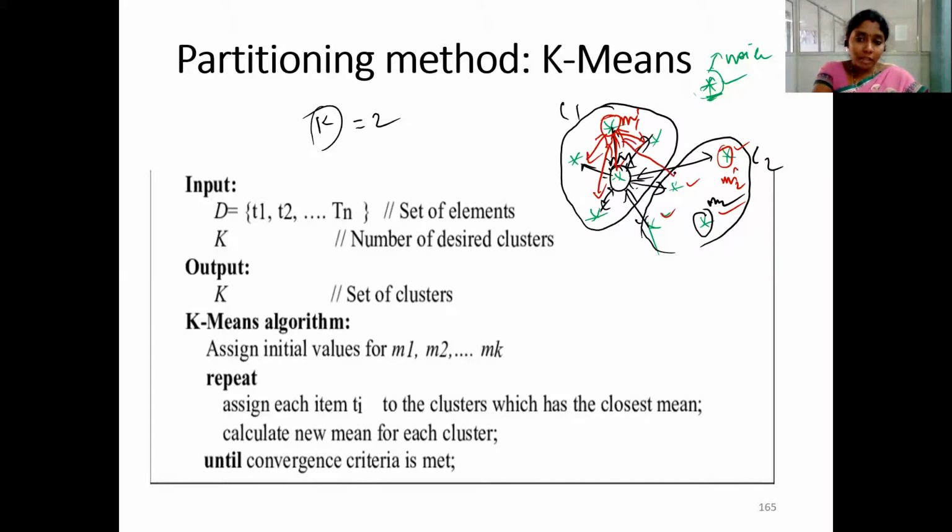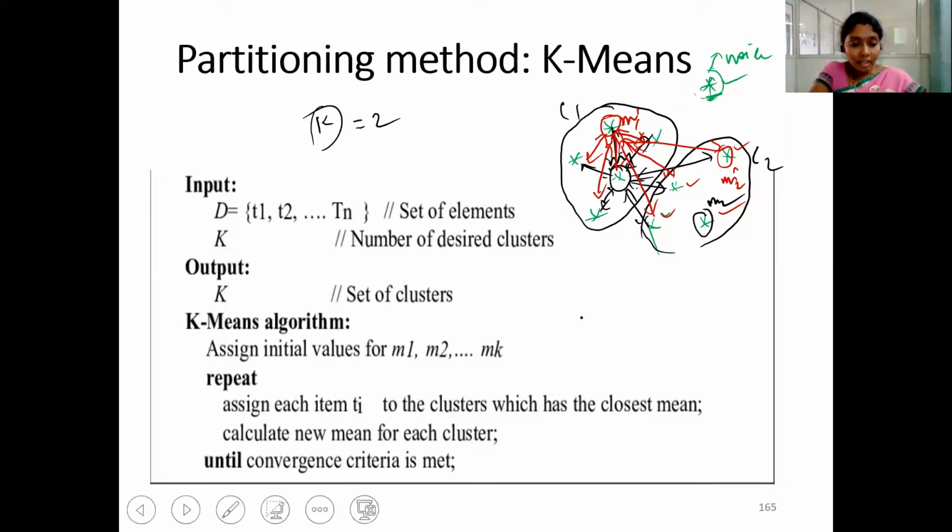Again, same procedure: based on the distance, the points closest to that mean fall within that particular cluster, and those far from it belong to some other cluster.